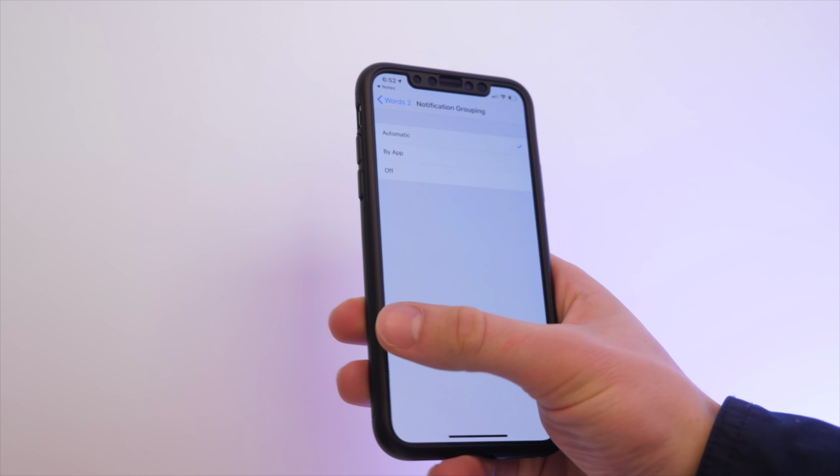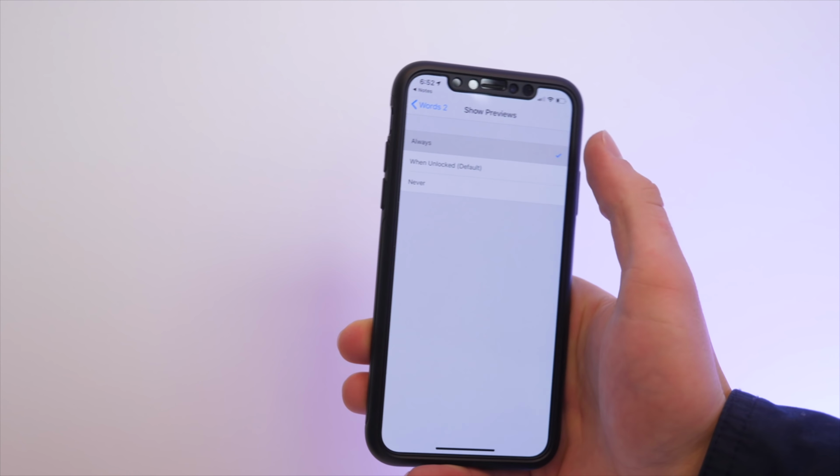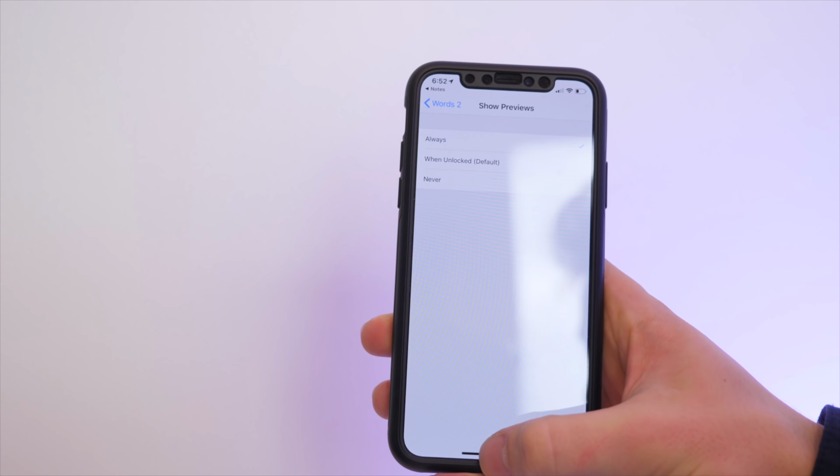So if you have a phone with Face ID, the Face Unlock, you can choose whether you want to show a preview or not of that application. So for instance, if you don't want your messages to be able to be read without it scanning your face first, you can quickly slide in, go to that setting and change it. It's just kind of a shortcut for getting to those settings.